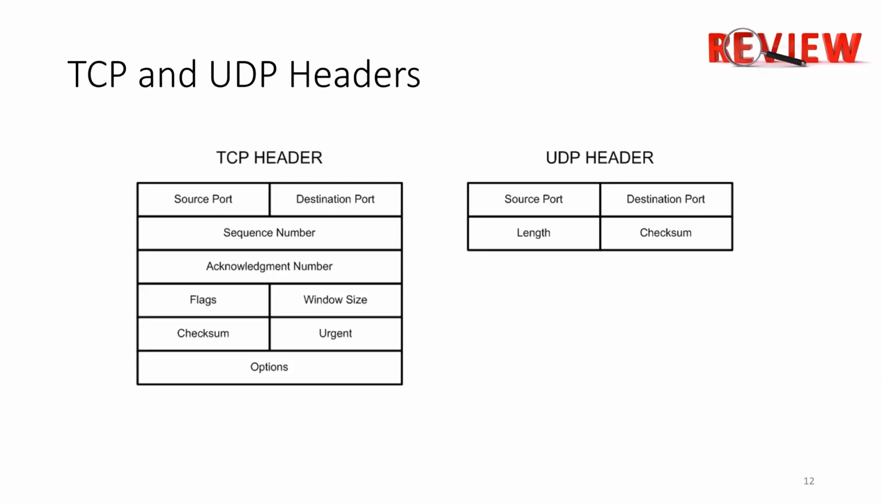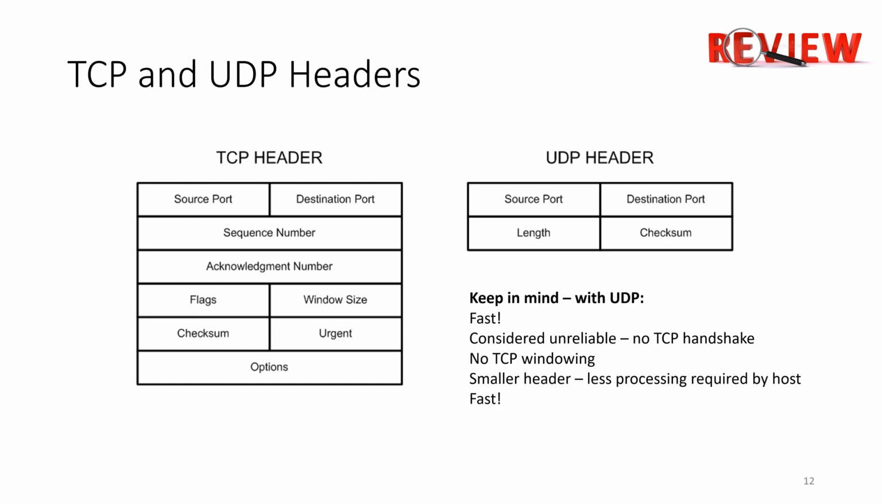If we look at the difference, just a little bit of review between TCP and UDP, simply looking at the headers, you see a significant difference. But keep in mind that UDP is used because it's fast. It's fast because it is simpler. There's less header information. That also implies there's less processing required by either the send or the receive host, because there's simply less information there. It is considered, however, unreliable. And that term may not be quite correct, because it suggests the wrong meaning, but it's unreliable because there's no TCP